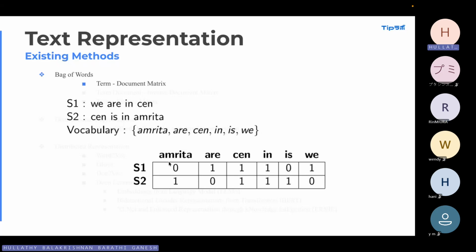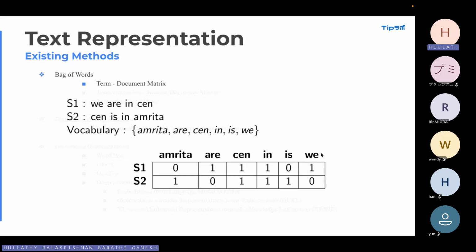Okay, I'm just continuing. The further thing is this matrix. For this specific example, the dimension is 2 cross 6: two rows and 6 words. When we practically develop a system using this method, when we have millions of records, then consider